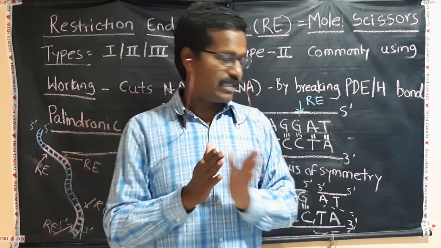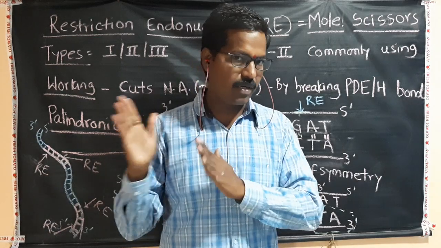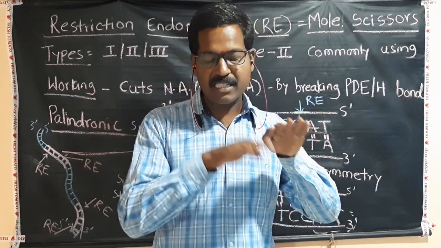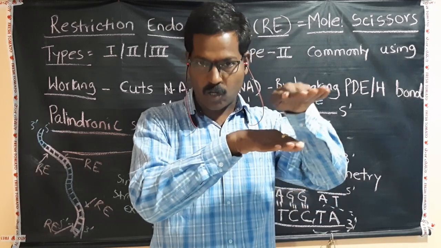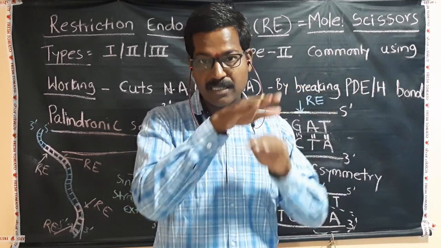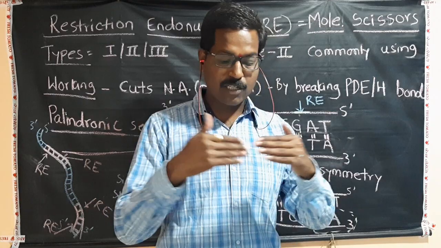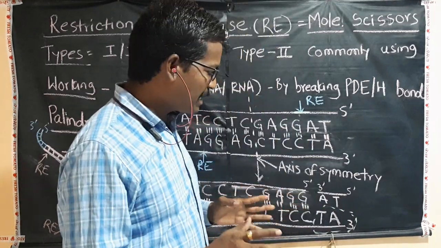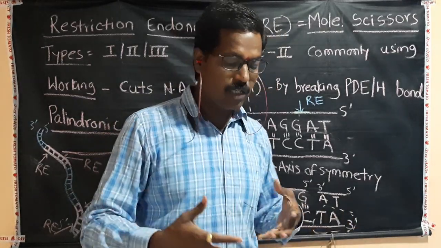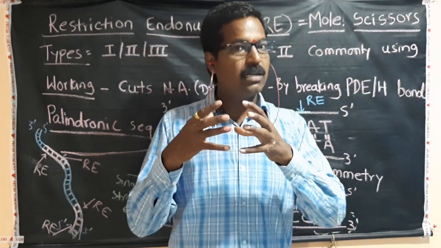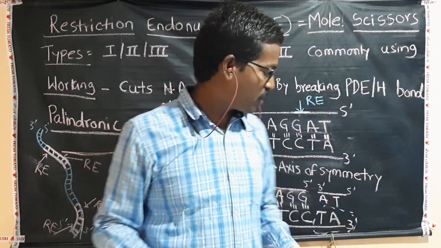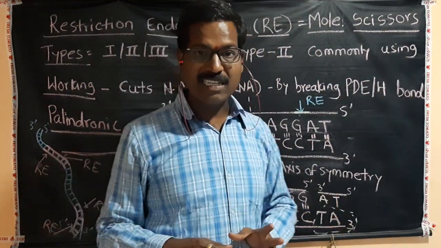You can find this single stranded extension in the brickwork of any building. While constructing a building, you can find there is brickwork and they are keeping blocks of bricks which provide a single stranded extension. So the merging and grouping of those will take place nicely. So the basic principle behind producing a single stranded extension is to give a firm joining of our target DNA and vector DNA to construct an rDNA. That is the purpose of making a single stranded extension.